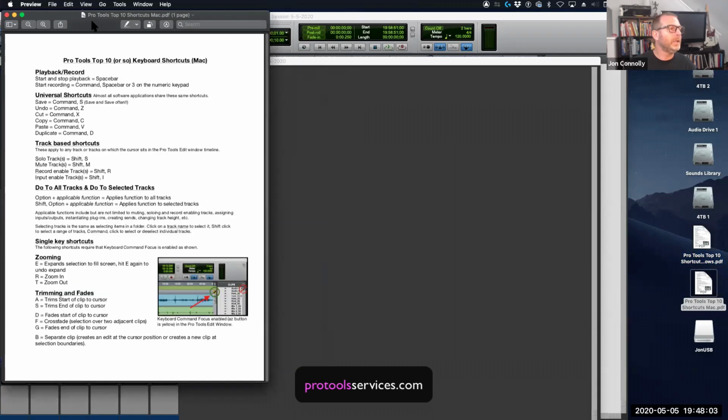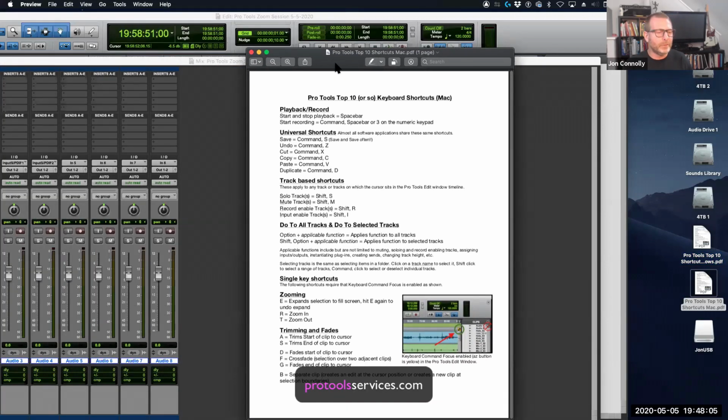It's basically a PDF doc of my favorite top 10 keyboard shortcuts. We've used a bunch of them already. My biggie here is this E key, right? We use that, and R and T to zoom in and zoom out. I was using that. And of course, undo. I use that quite extensively. But the shortcuts I was just talking about are the universal shortcuts. I call them universal because they're the same for any other app, right?